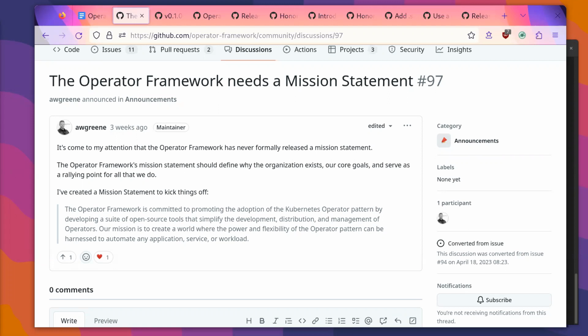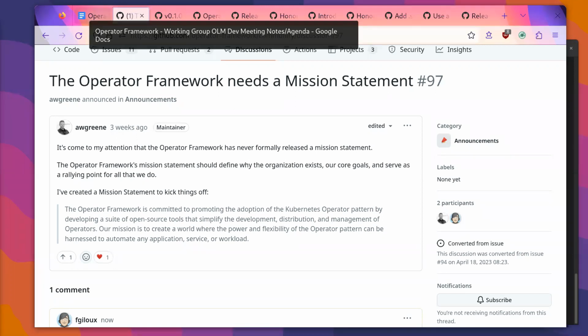Ben, you've still got your hand up. Is that from before, or do you have another thing? You're muted right now if you're talking. No, I was getting back to my laptop. No, sorry, it's from before. I'm done. Oh, okay, no worries. Anything else on the mission statement topic?